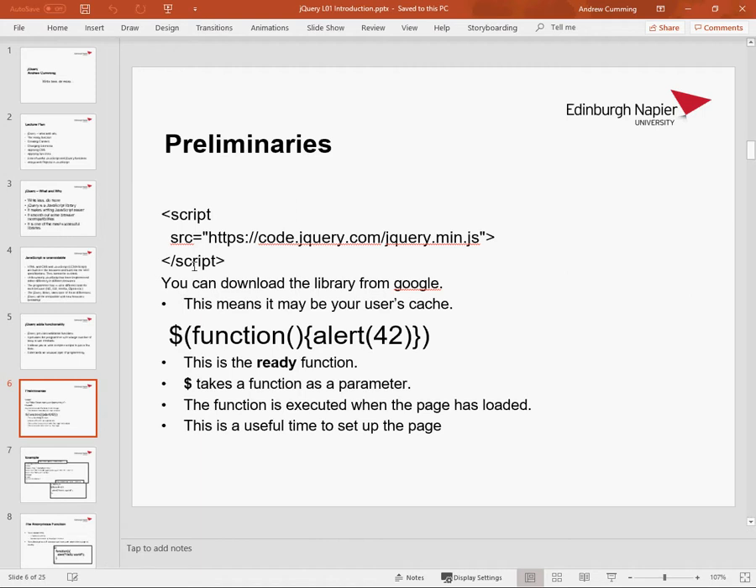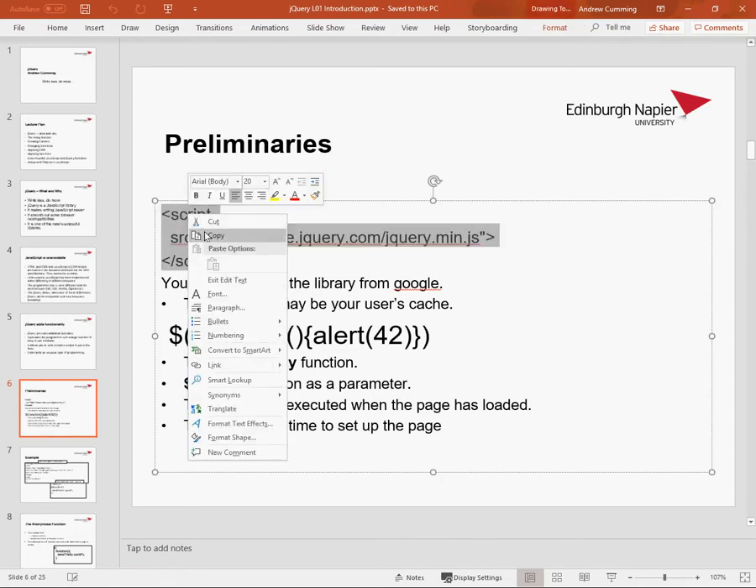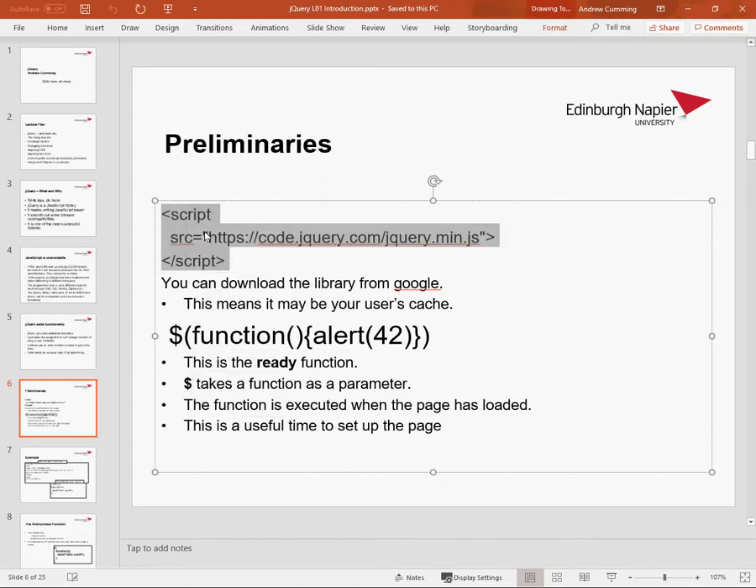So let's make a start. First thing you need is to get your jQuery into the browser. So jQuery is a library, and it's just a bit of JavaScript. If I copy that, I can start my new